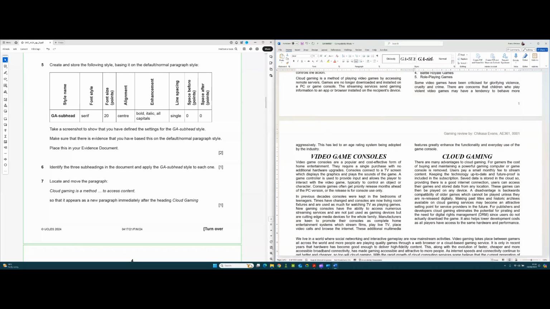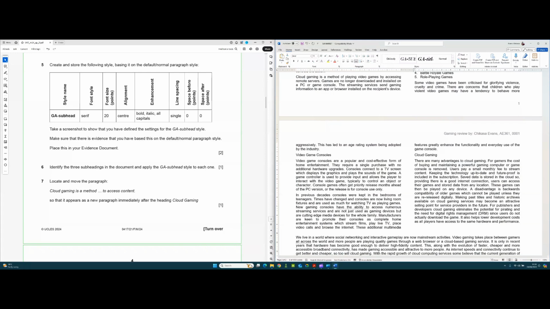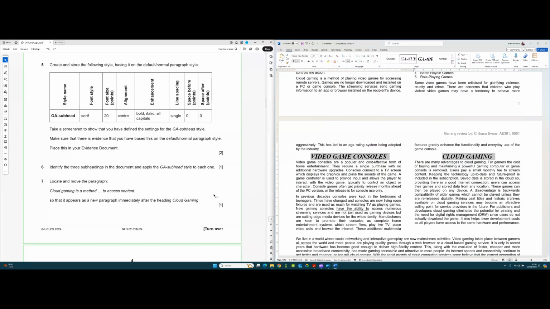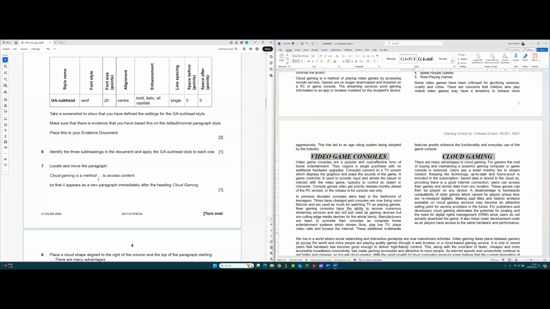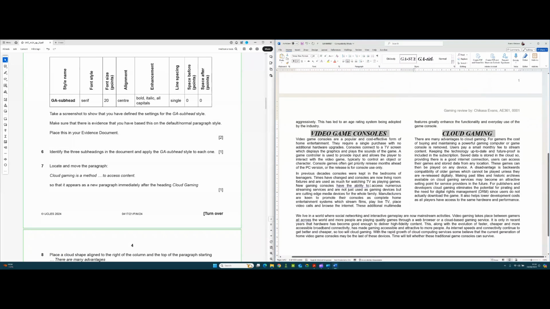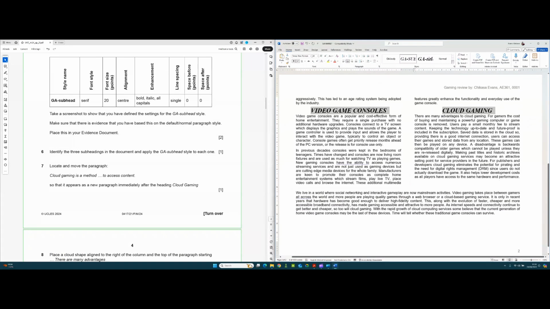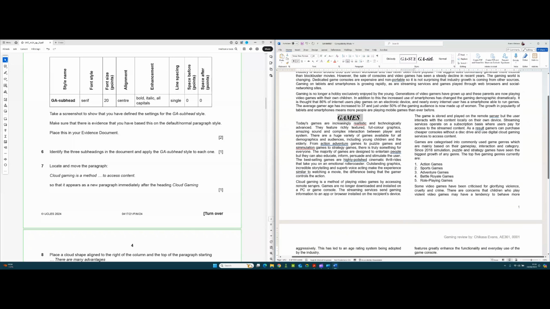So the subhead style is this one, which we just created. So we'll select that, and then locate and move the paragraph. Cloud gaming is a method to access content. So the paragraph cloud gaming is a method to access content. So we think it should be somewhere here, this one here. Double click it to select it, and then we're going to move it to